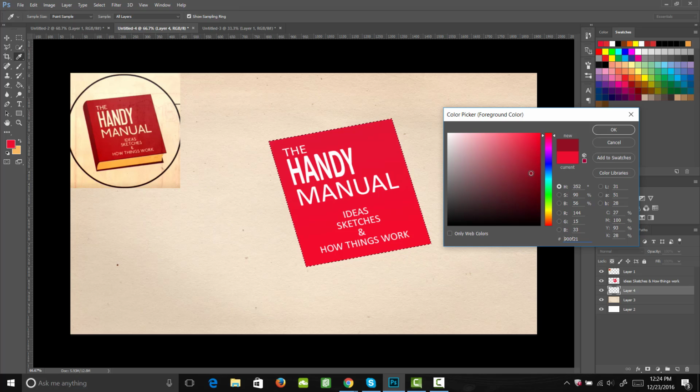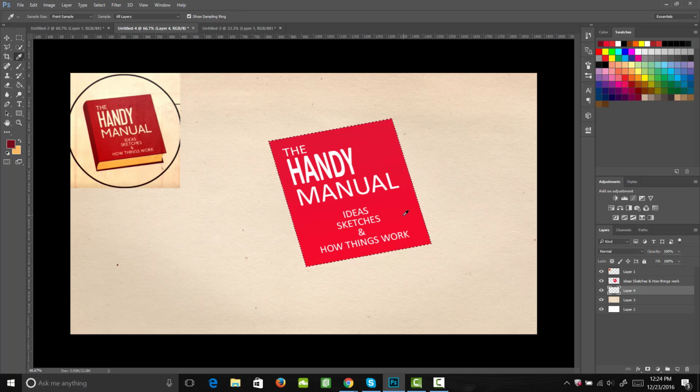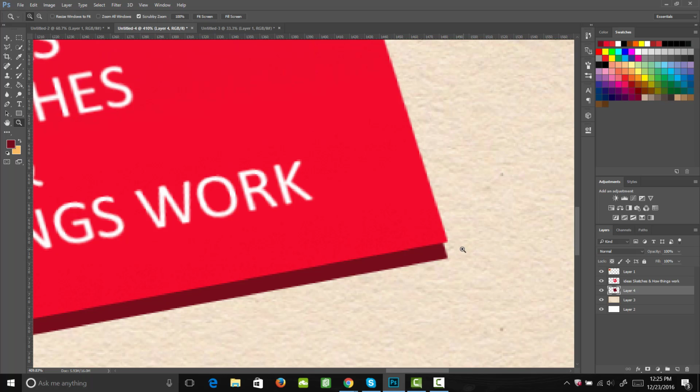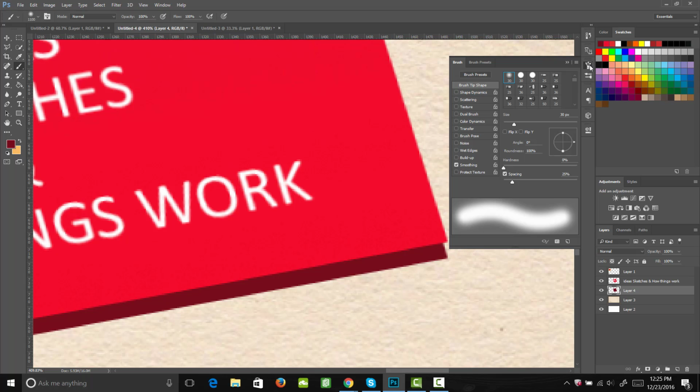You can see the difference between your original color and the new color. So let's select a color about there, about in the middle of our values. We'll hit OK, and I'll use my fill tool to fill that in. And you can't see it because it's behind my book cover, but if I use my arrow keys on my keyboard, I can nudge that down just like so. And once we get it to about that position, I'm going to zoom in there, and using my brush tool and making sure I'm on a hard-edged brush,